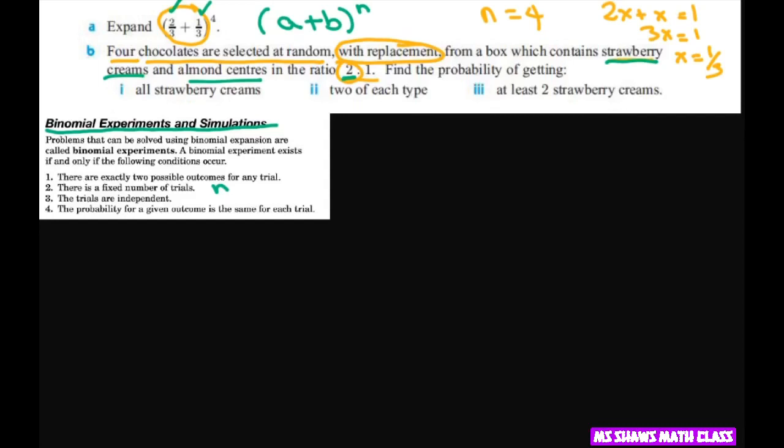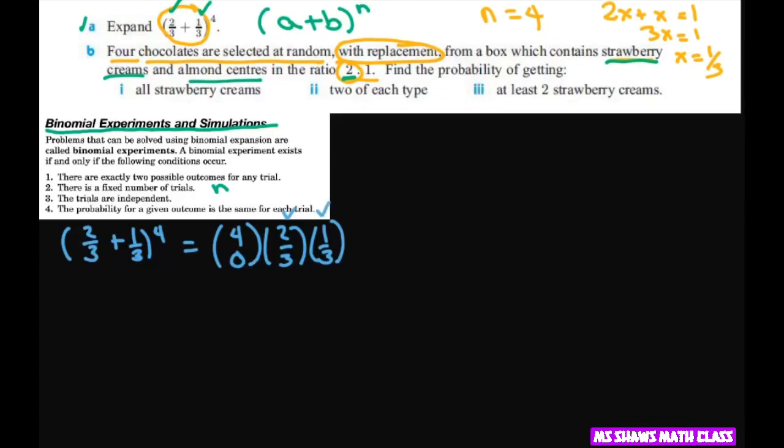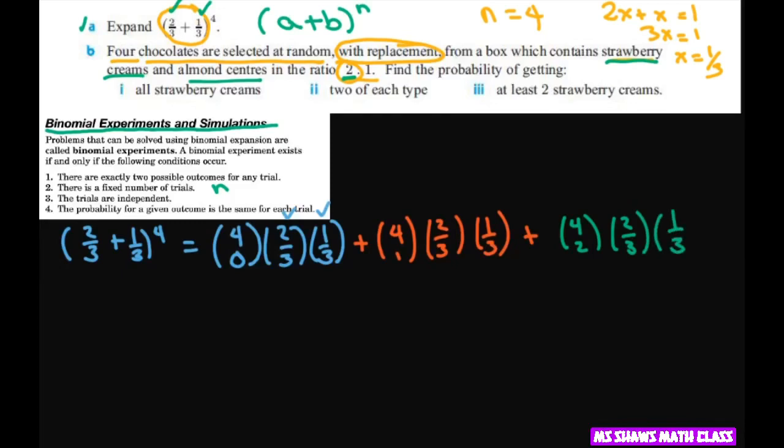So we want to first expand, and this is practicing expansion. The way you would expand this is you would do (2/3 plus 1/3) to the 4th power equals, and we're doing our combinations. So this is going to be 4 choose 0, 2/3, 1/3. These are your two possible outcomes. And then the next would be 4 choose 1, 2/3, 1/3, plus 4 choose 2, 2/3, 1/3, and no, I'm not filling in the exponents yet, plus